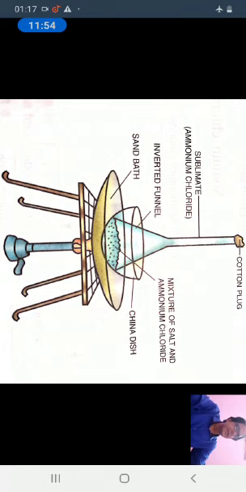Then we will heat this mixture of sodium chloride and ammonium chloride. So by sublimation method, ammonium chloride will be separated. Ammonium chloride sublimates and sodium chloride will be left as residue. So this way we can separate the mixtures.